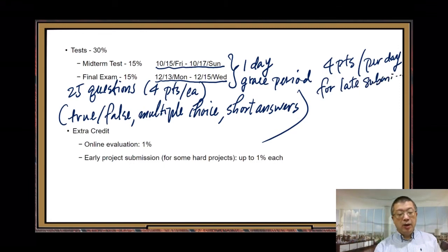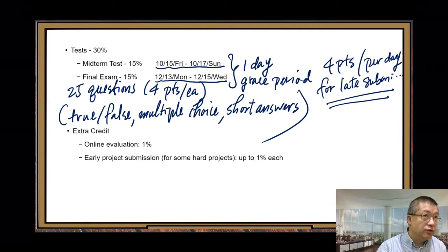But not too much longer. Think about it, I cannot wait too long. Just a reasonable few days, then I accept it. But after I post the answers, I won't accept. So make sure. If you need 1 or 2 more days, probably it's fine, but not too many days. All right, so comparing with the homework assignment,